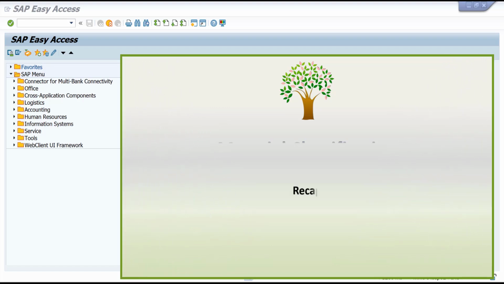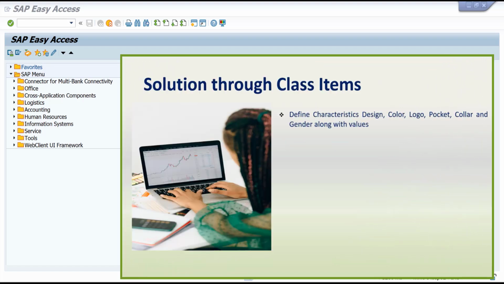We first created the characteristics corresponding to shirt. These characteristics are fabric design, fabric color, logo, pocket, and collar. In addition to these five characteristics, we also used gender as an additional characteristic to validate and restrict selection of some characteristics. Once you define the characteristics along with the characteristic values, you define classes of type 200 corresponding to each